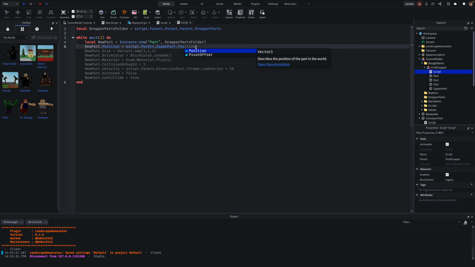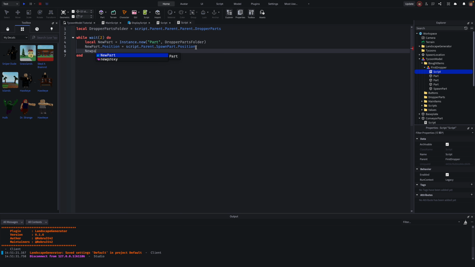go down, new part. Oh. New part.Size equals Vector3.new(1, 1, 1). Okay, and then go down